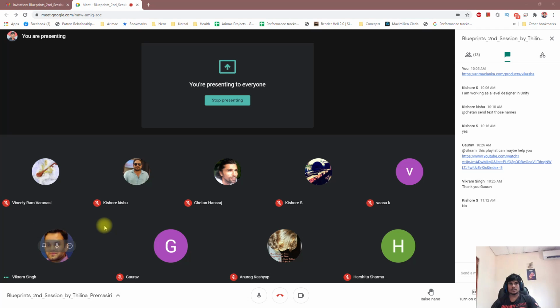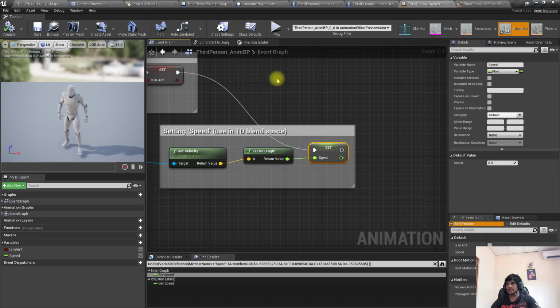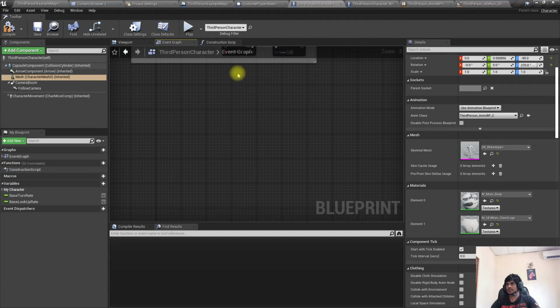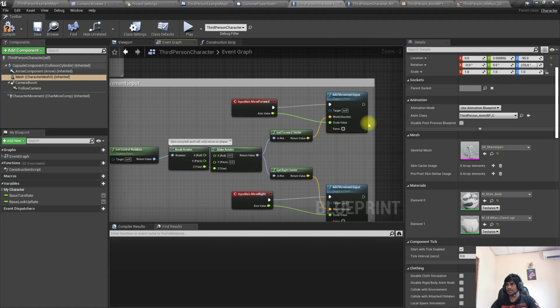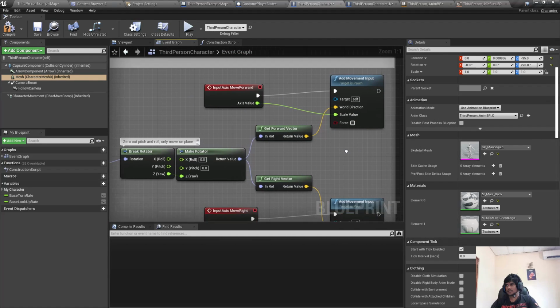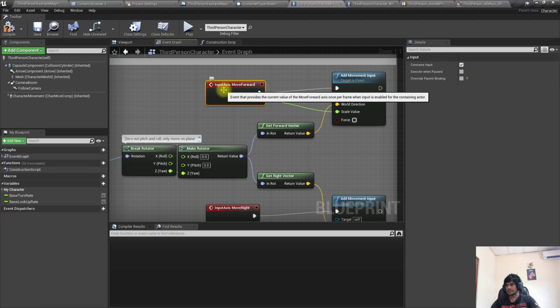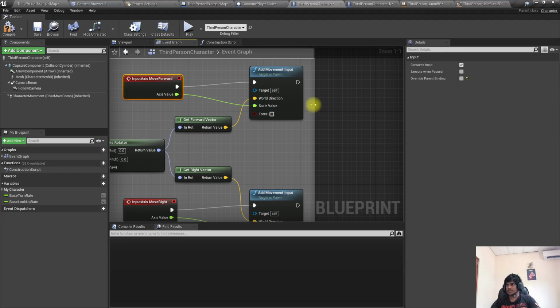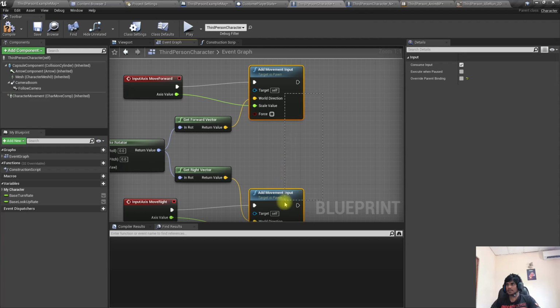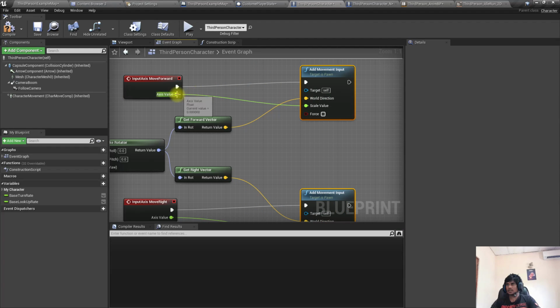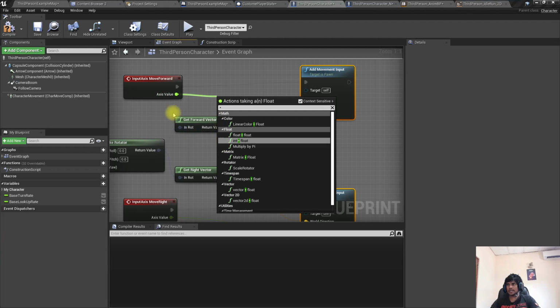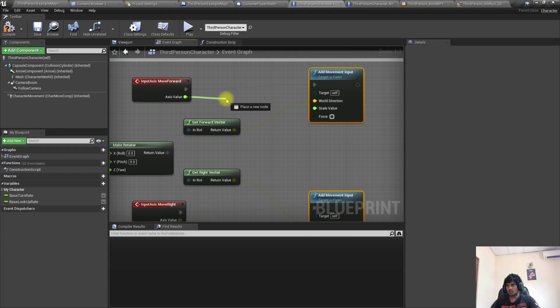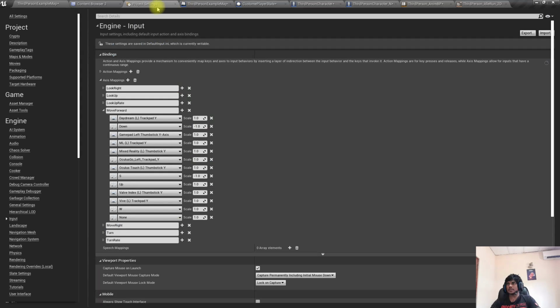Right, so actually, this is the way movement input is working. Let me add a multiplier here, only for move forward. So when I press W, I will receive 1 as the axis value, because that's the way I have set it up. In move forward, where is W? Here, the scale is